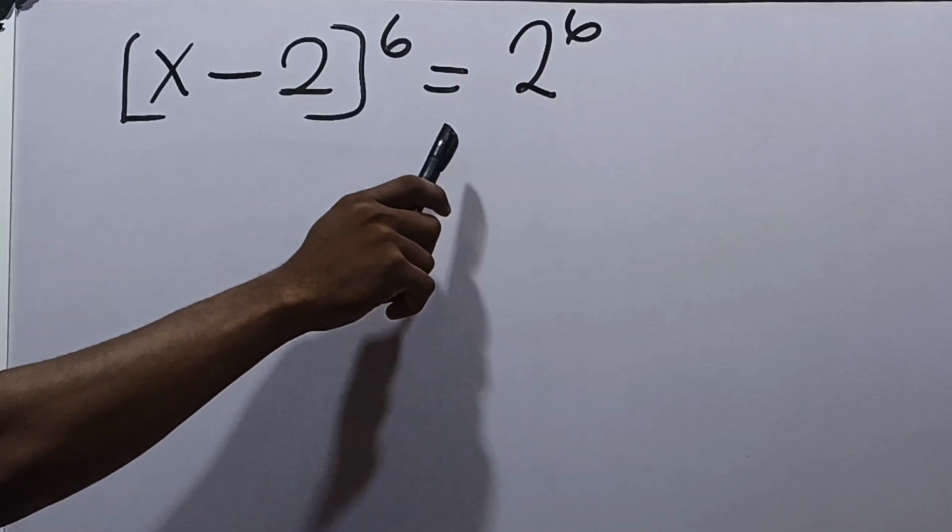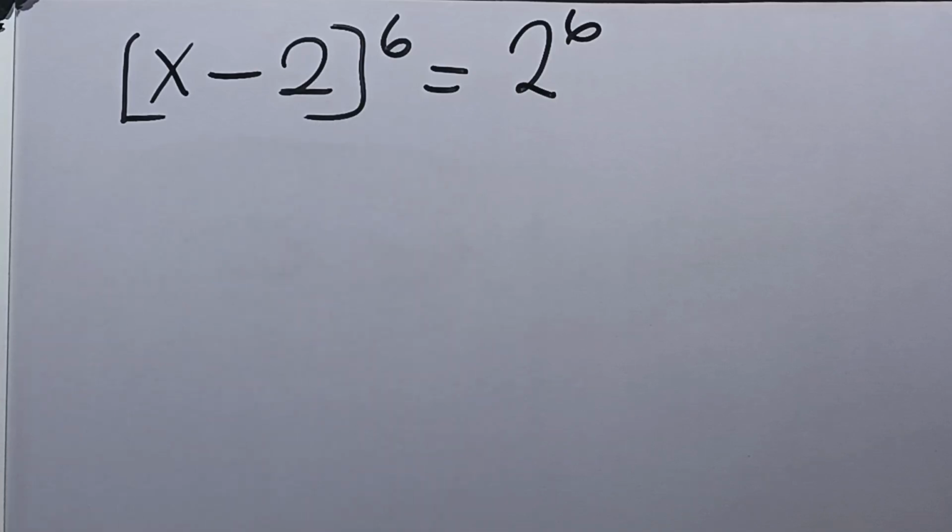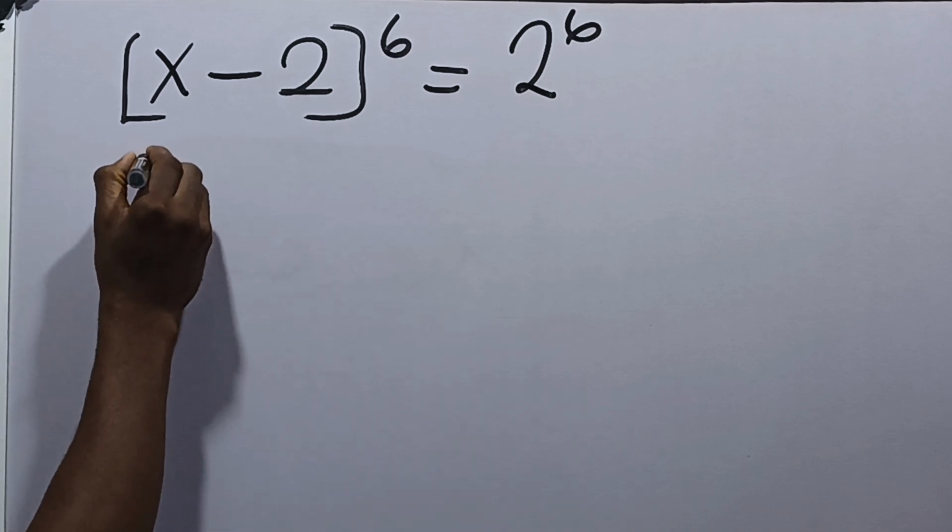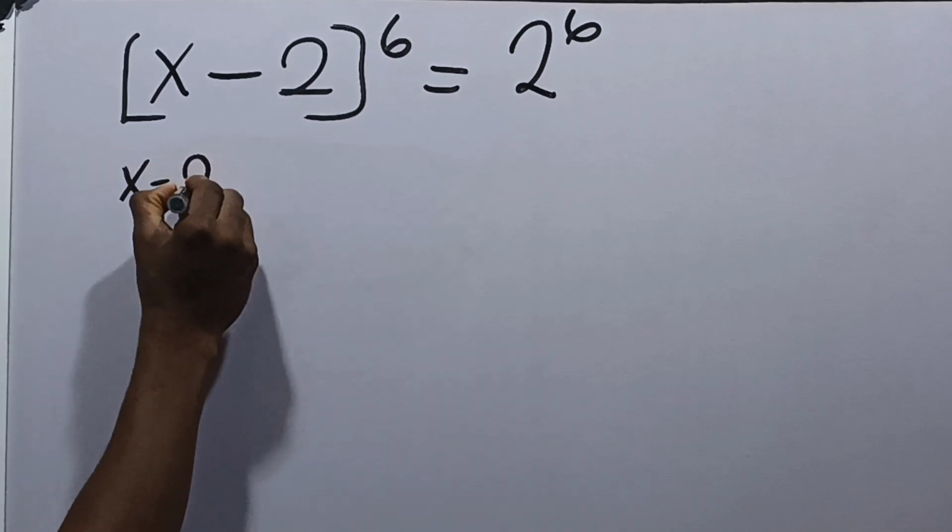Let's solve this equation on the board together. It says (x − 2)^6 is equal to 2^6. We're required to solve for the value of x. Now, straight away, the first thing to do here is that we can say that (x − 2)^6